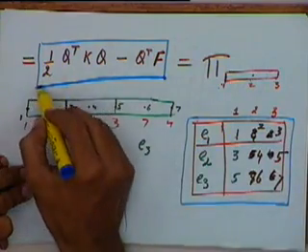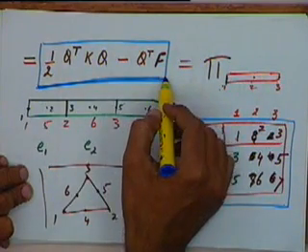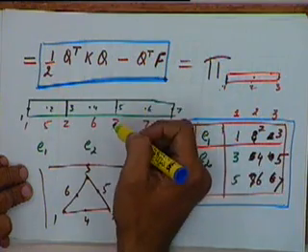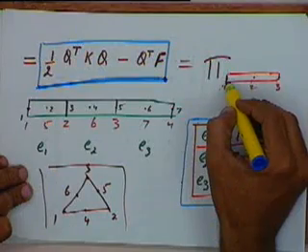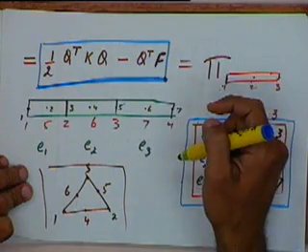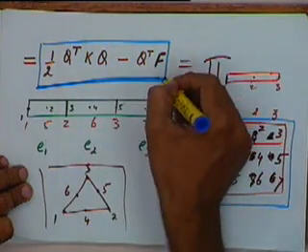So the potential energy expression will always remain the same. What we will do from now onwards is that for different types of problems, for two-dimensional as well as three-dimensional problems, we will just see how to define elements, how to define shape functions, and how to get this potential energy expression.